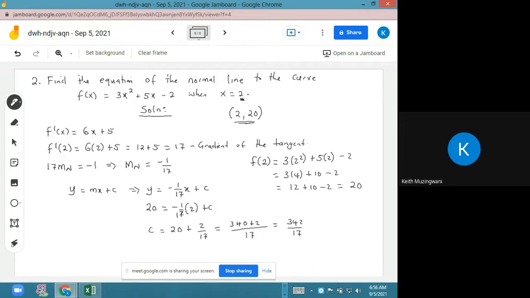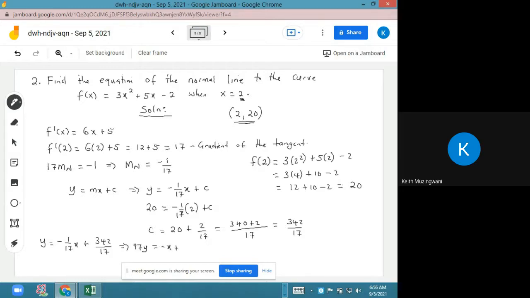So the equation of the normal line is y is equal to -1/17 x plus 342/17. If you want, you can multiply throughout by 17 and have 17y is equal to